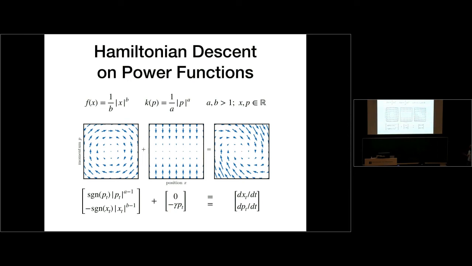Okay, so how do we even try to visualize what's happening in the systems? What we're going to do is split the vector field that describes the dynamics of that differential equation into two components. One is going to be the gradient of k, which is here, and minus the gradient of f, which is here. And the second is going to be a field which is 0 for the derivative of the position and minus gamma p_t for the derivative of the momentum.